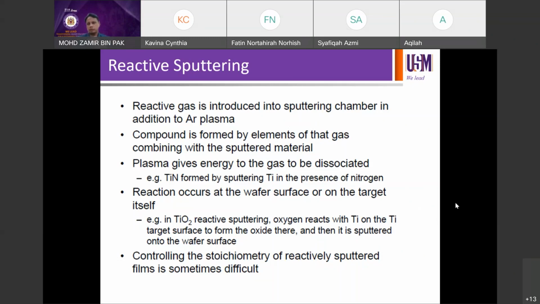Right, so let's move on with reactive sputtering. Yesterday I explained briefly about the difference between the typical sputtering process, where you sputter the target material as it is in order to get your deposited layer. For example, if you want to